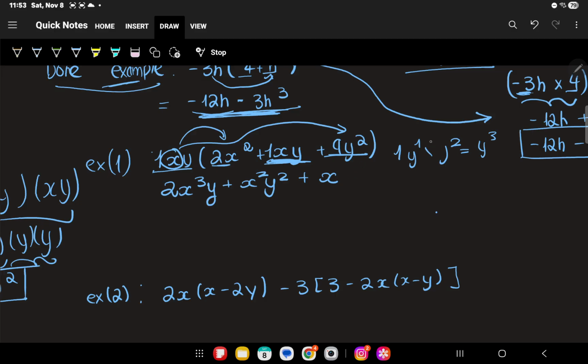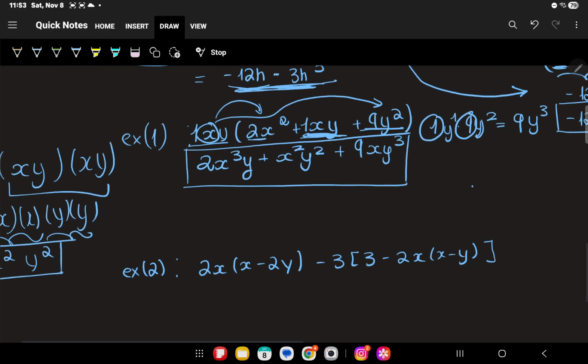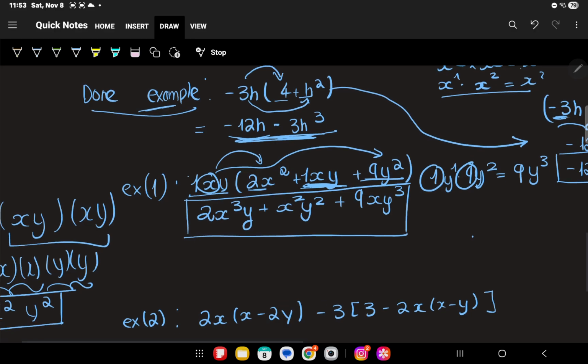Oh, I'm sorry, I forgot the 9. So y to the power 3 and 1 times 9 is 9. So that gives you 9xy cubed. Okay, so this would be your final answer for this question. Alright,